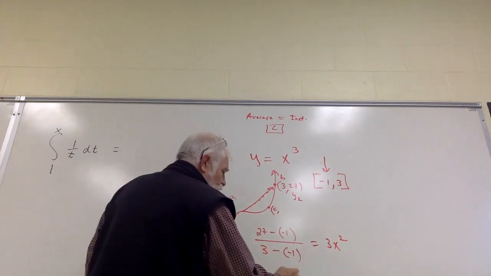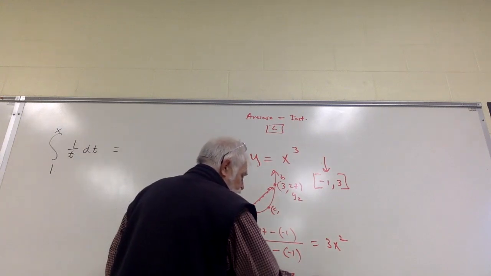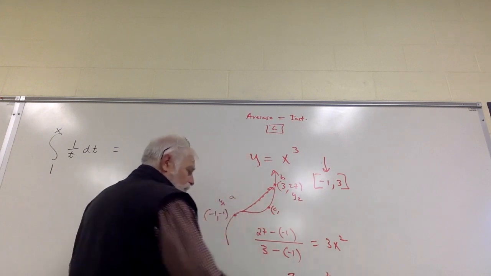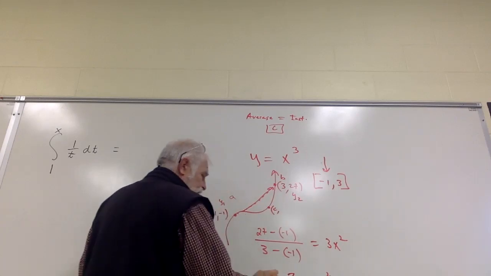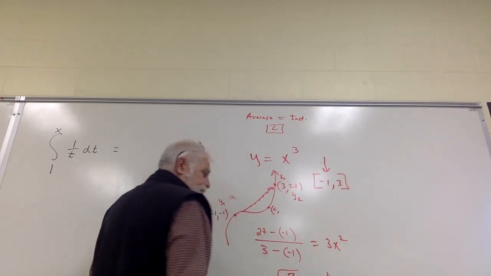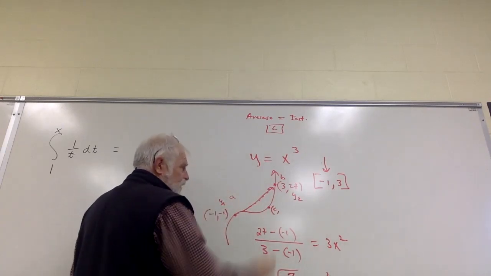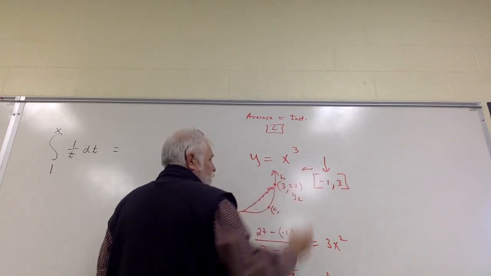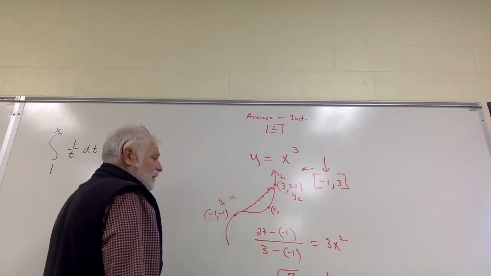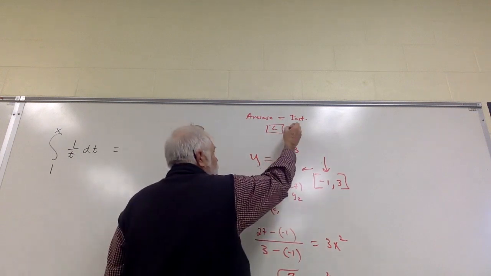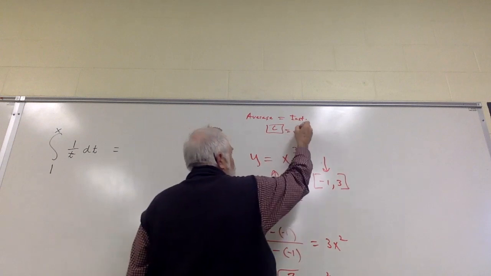28 divided by 4 is 7. When does 3x squared equal 7? Well, you got to divide by 3. You got to take the plus minus square root. Well, minus the square root of 7/3 is to the left of -1, so we can ignore that one. It looks like the answer to this is C equals the square root of 7/3,